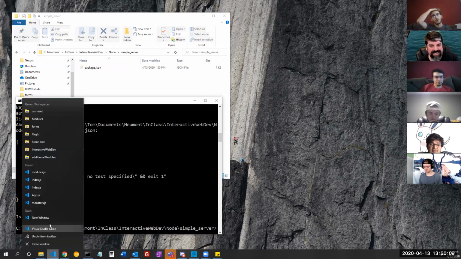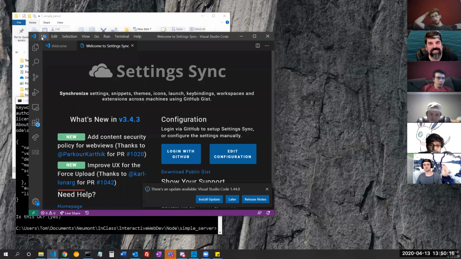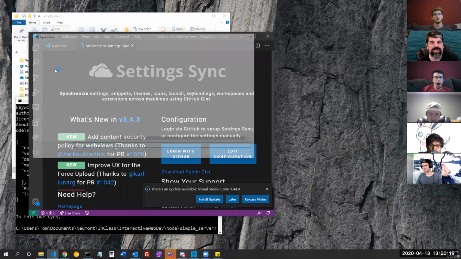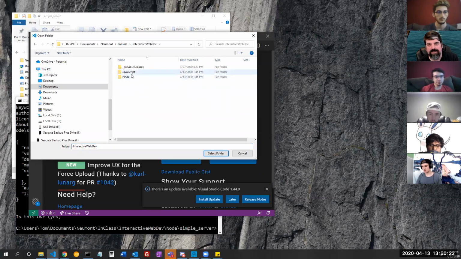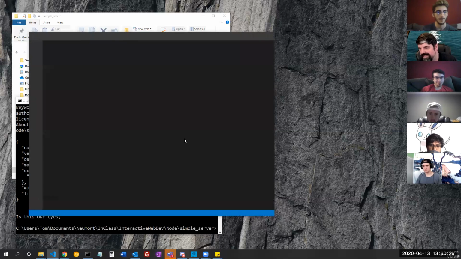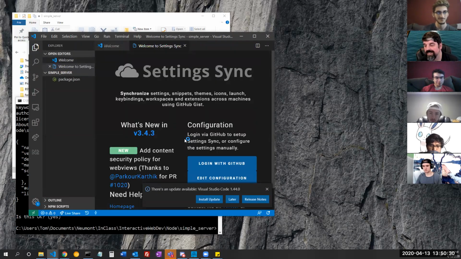Okay, I need a new window. I feel like I need a new window. And I'm going to open folder, interactive web dev, node, simple server, select. Okay, so